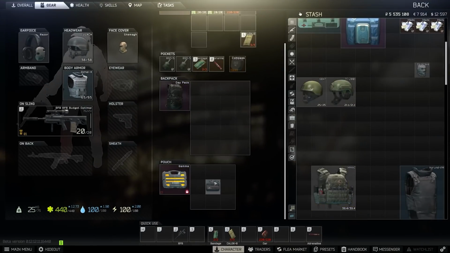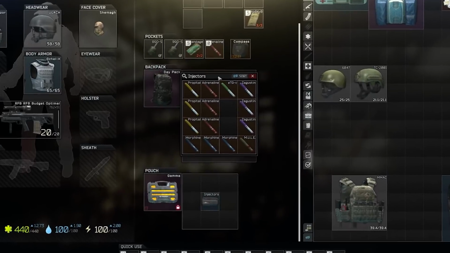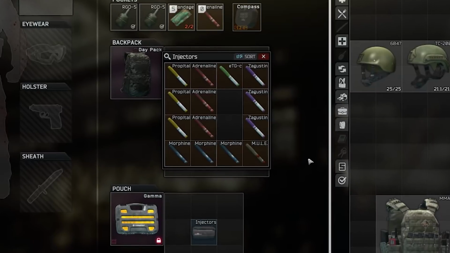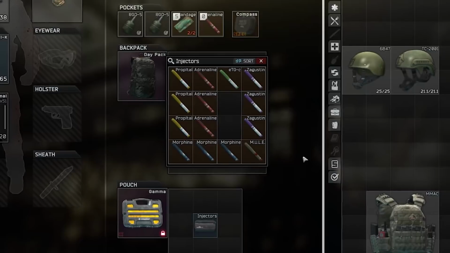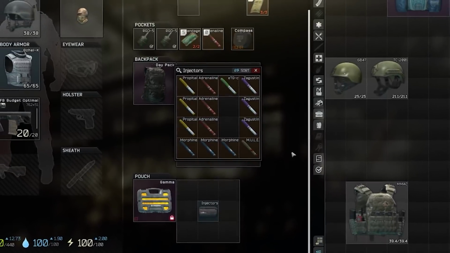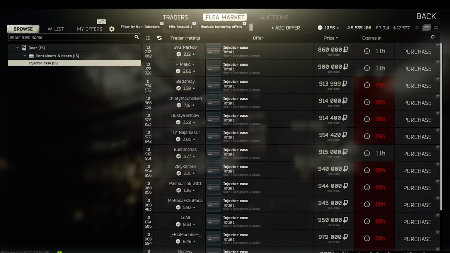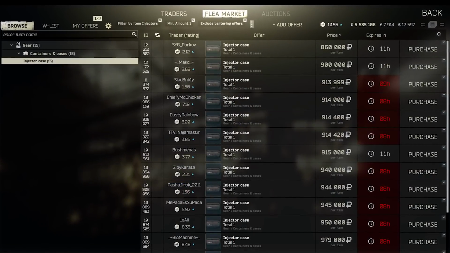didn't on the last build, and that is using the new injector case. This thing is totally bonkers and basically everybody should be using one. 16 slots for stims allows you to take enough injectors to fix really any situation. ETG for rapid heal, Propofol for long-term painkillers, Mule for overweight raids, Augustin for 3 bleeds at once, the list goes on. This is basically a mandatory take at the moment, and if you can afford to buy one,